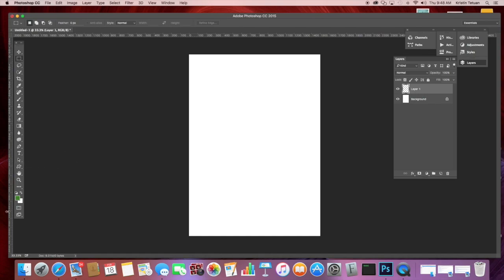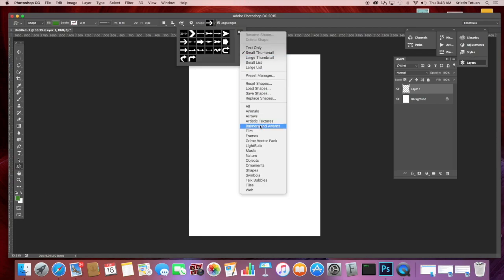Okay, so if you go over to your tool panel on the left side of the screen, you see this little squiggly guy right there. Sometimes you'll see that as a rectangle or a circle. I think that it defaults to the rectangle shape. So I'm going to grab that, and I am going to just grab one of those there, and just so that it's fun, we'll do, let's see,